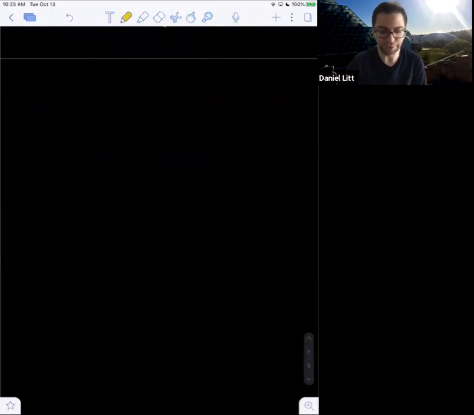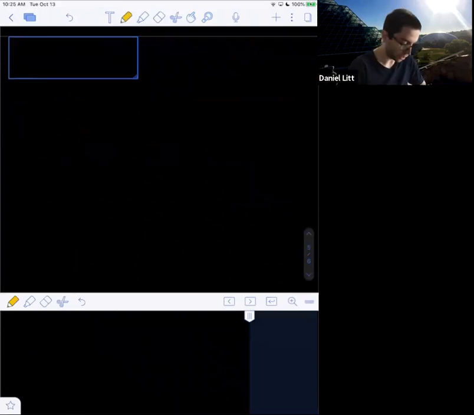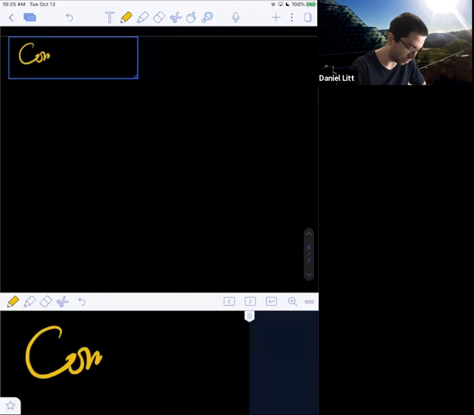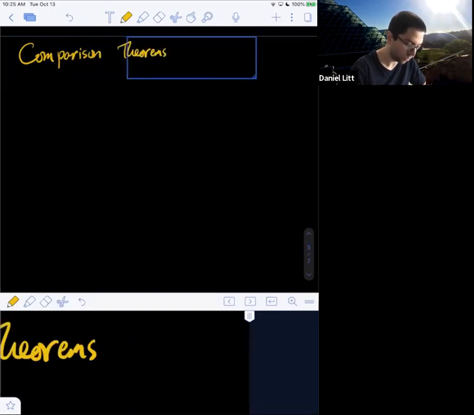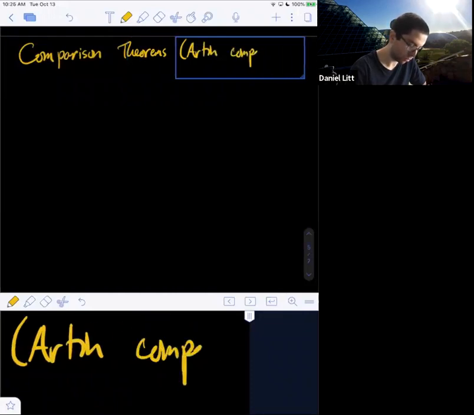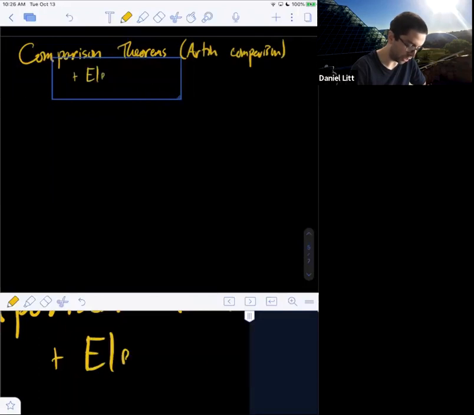All right, so continuing in our quest for computational tools, I now want to start proving some comparison theorems, in particular Artin's comparison theorem, modulo a hard geometric statement. The main geometric tool I'll use is an object called an elementary fibration.